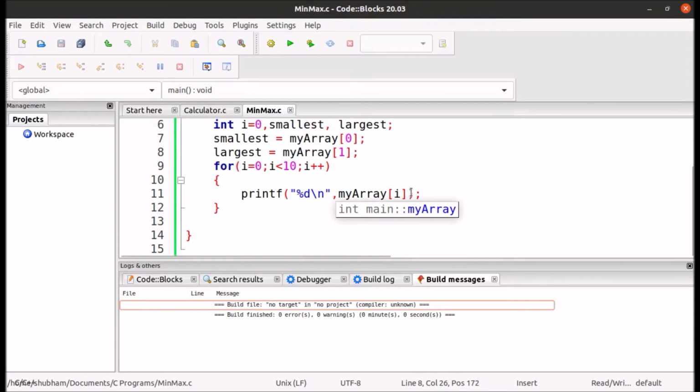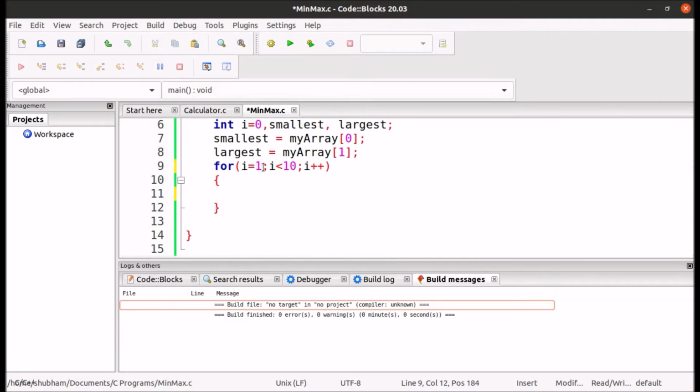We don't want to print the array now and we want to check it from the first number because we have stored the second number and we have stored the first number in our variable smallest and largest. So let's write our code.